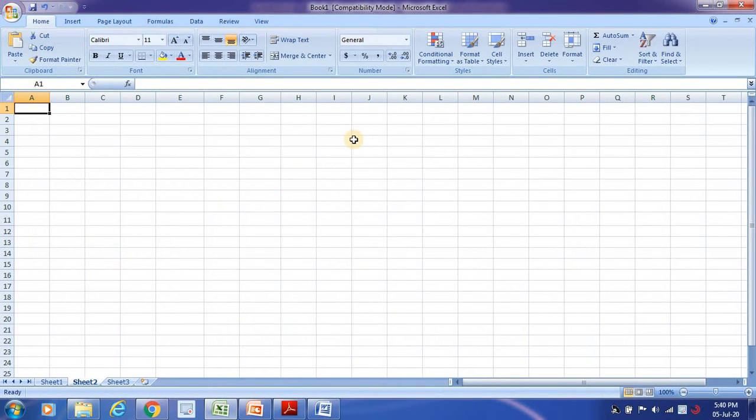In this video, I'm going to demonstrate how you do alignment. The first one we are going to see is how to do wrap text and what is the purpose of it. Say, for example, in the first column I have written serial number, and in the second column I am writing banking sector. If you see, this got moved from column B.